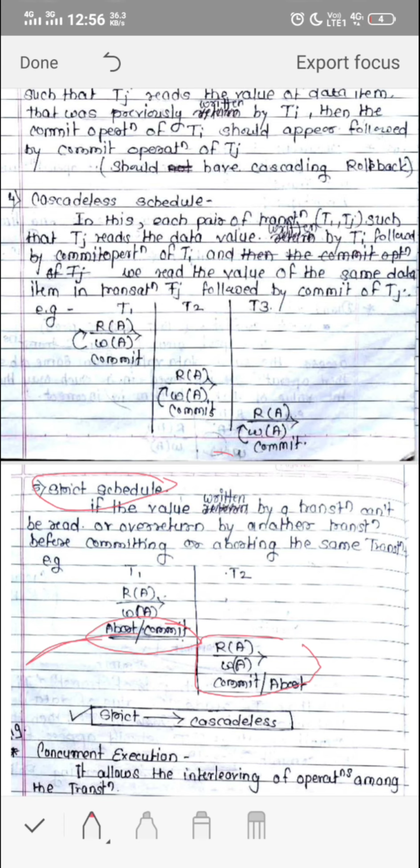So is every strict schedule a cascadeless schedule? Or is every cascadeless schedule a strict schedule? Can I say every cascadeless schedule is a strict schedule? Or can I say every strict schedule is a cascadeless schedule?